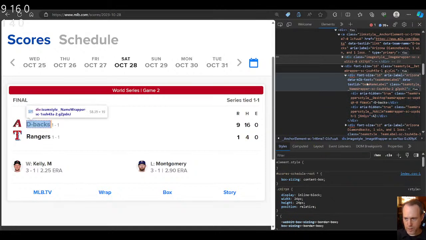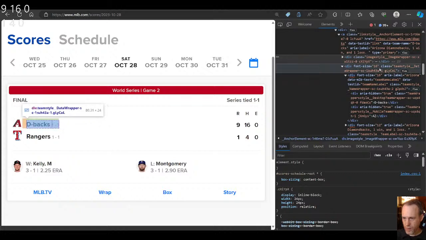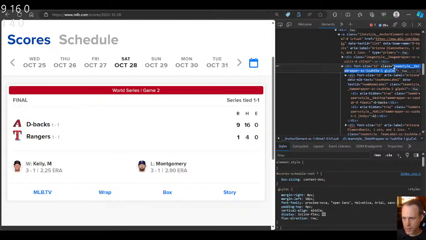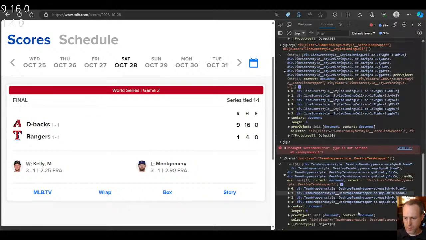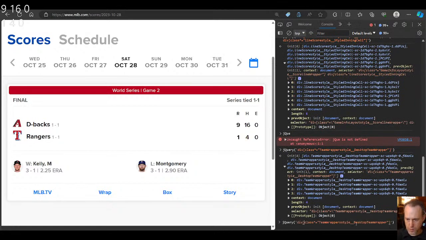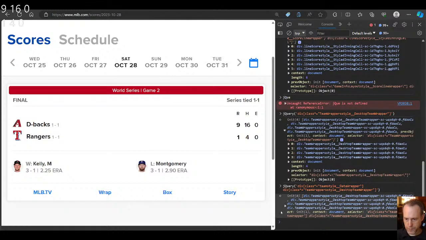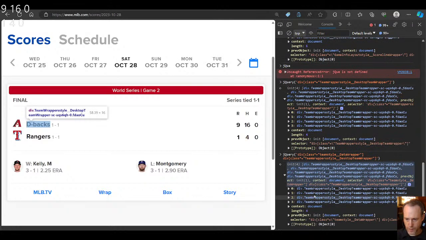So I can try to see if we only look for team style name wrapper, right? Team style data wrapper. Let's see if that's gonna pan out. Yeah, so it will be like div class partial this and that. Now we're still getting 4, but that's actually not that bad. We can work with this. So